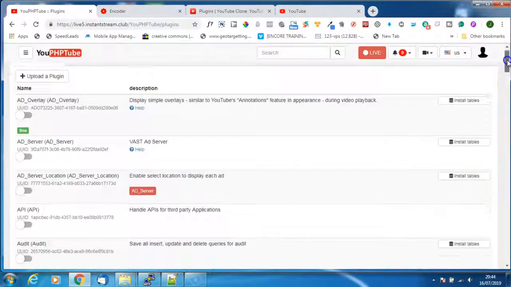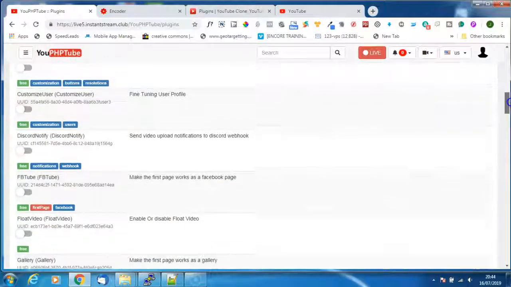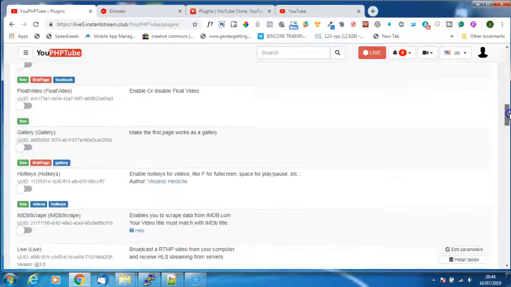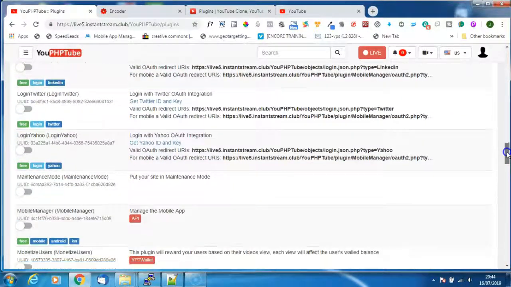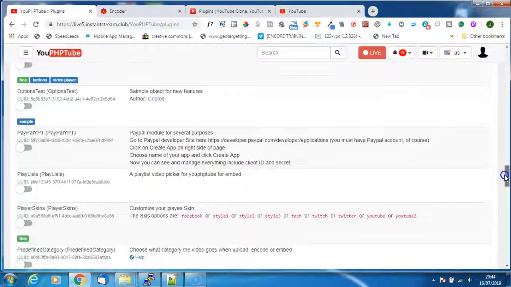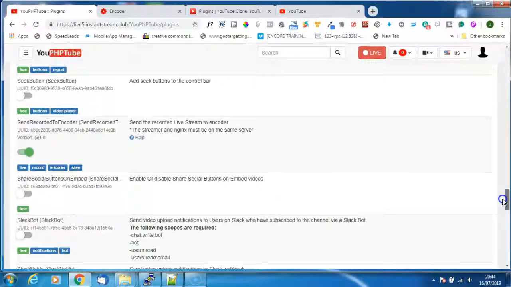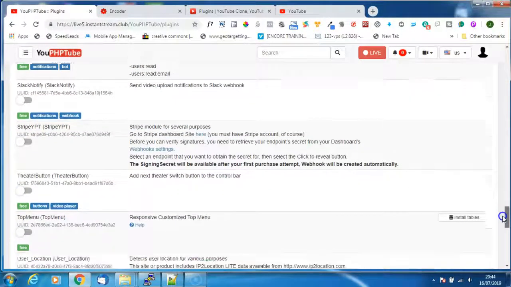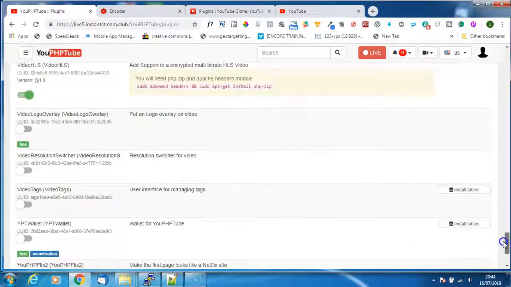So I just need to find that in my list of free and paid plugins. So let's just keep scrolling down here till I find it. Occasionally you may miss it and you just have to go back and find it. Here we go. A lot of the time they are in alphabetical order, but that doesn't always apply. So first thing, toggle it on,